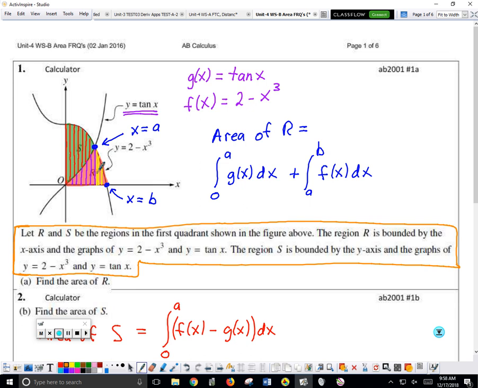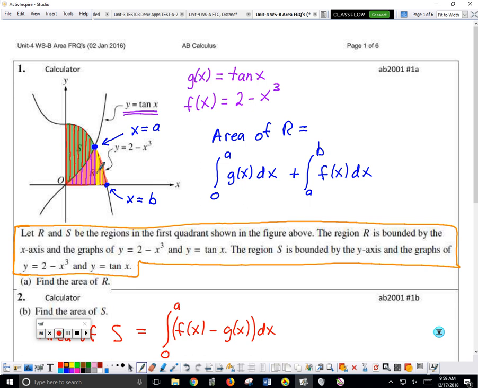Hands up. Who knows why I'm changing from blue to yellow, Isaac? That's the point where it starts becoming bound by S rather than, or by the tangent of X rather than 2 minus X. No, very good. So again, I look at the blue rectangles and I say the top of every blue is